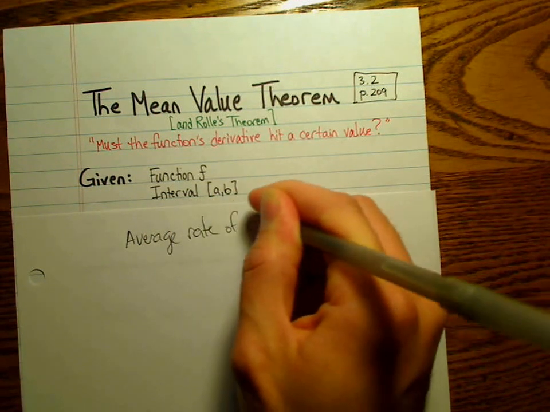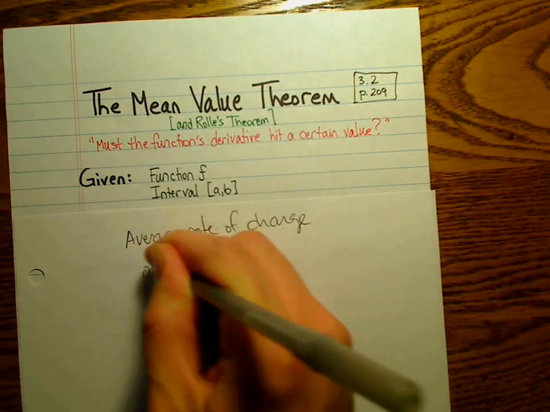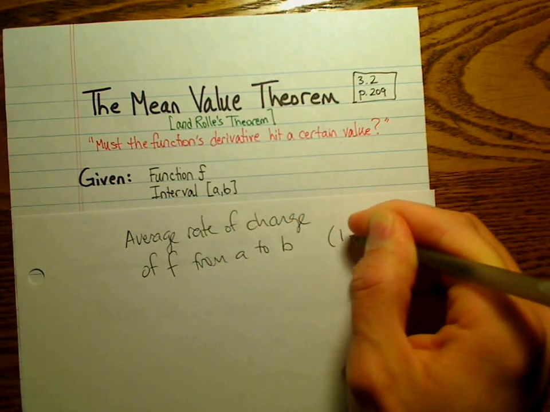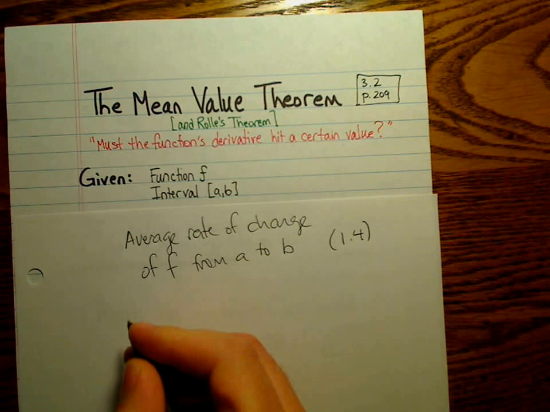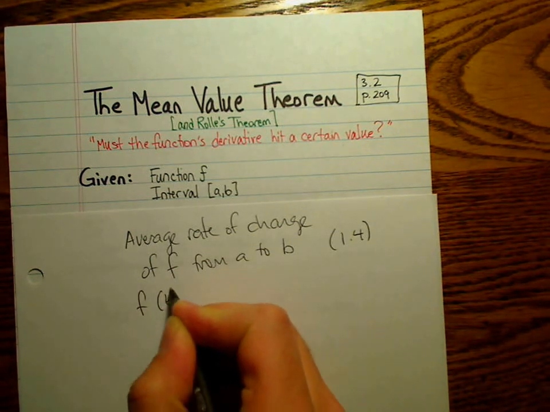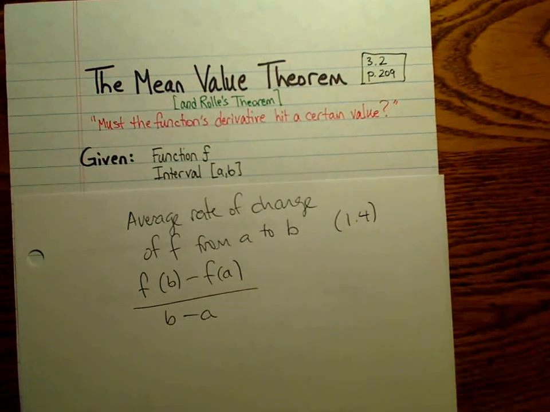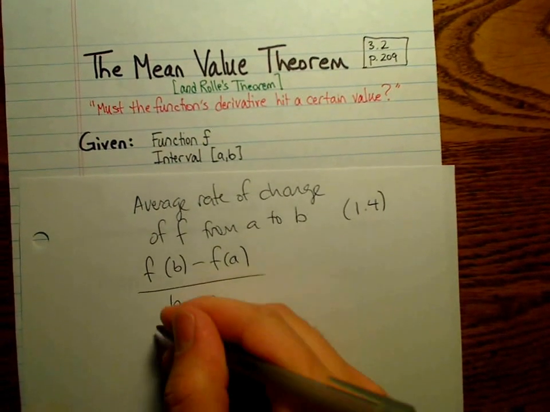Average rate of change of f from A to B. This is a topic that was discussed back in 1.4. That's going to be f of b minus f of a. That's the change in heights from A to B, divided by the change in x values. And so if I've got a function